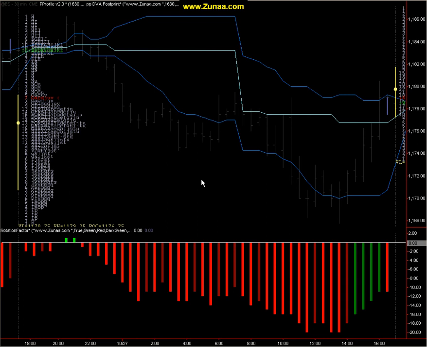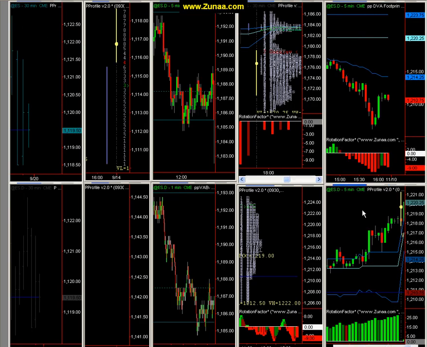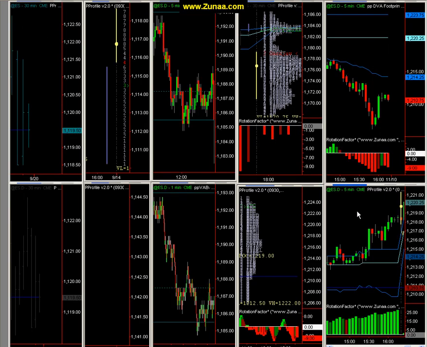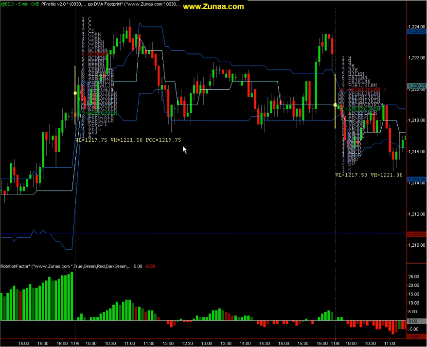So simple. You've got your value area, so you're doing your analysis. You have your developing value area, you have your profile distribution, you have your rotation factor, all these indicators combined. In my opinion, for anybody beginning to trade, combining these indicators is probably the best set of indicators to start with, because you're going to start with something with substance and something that the market respects, not with